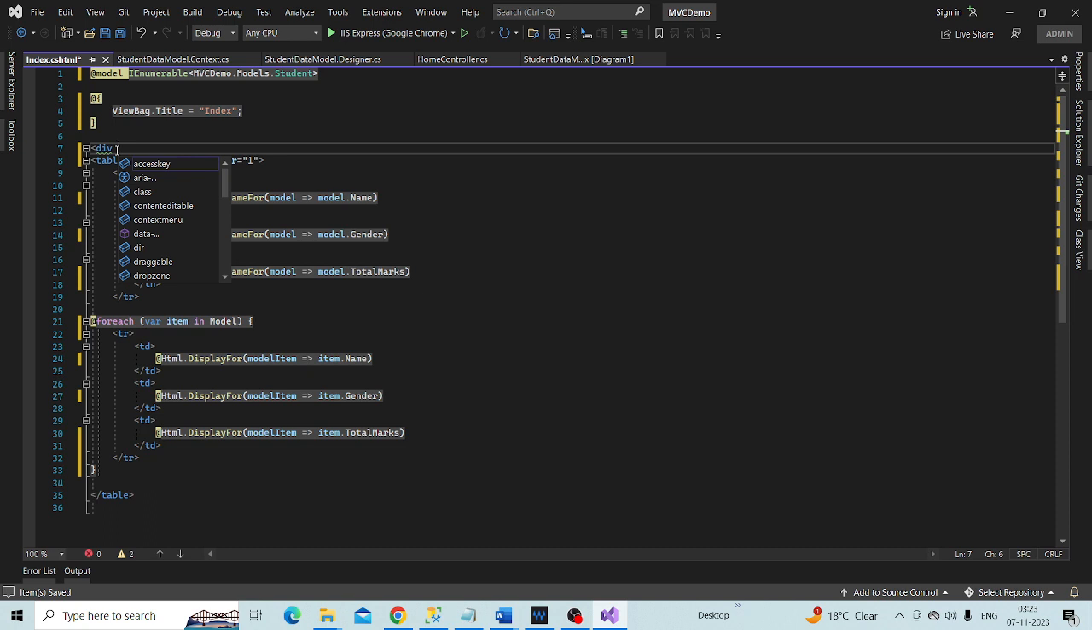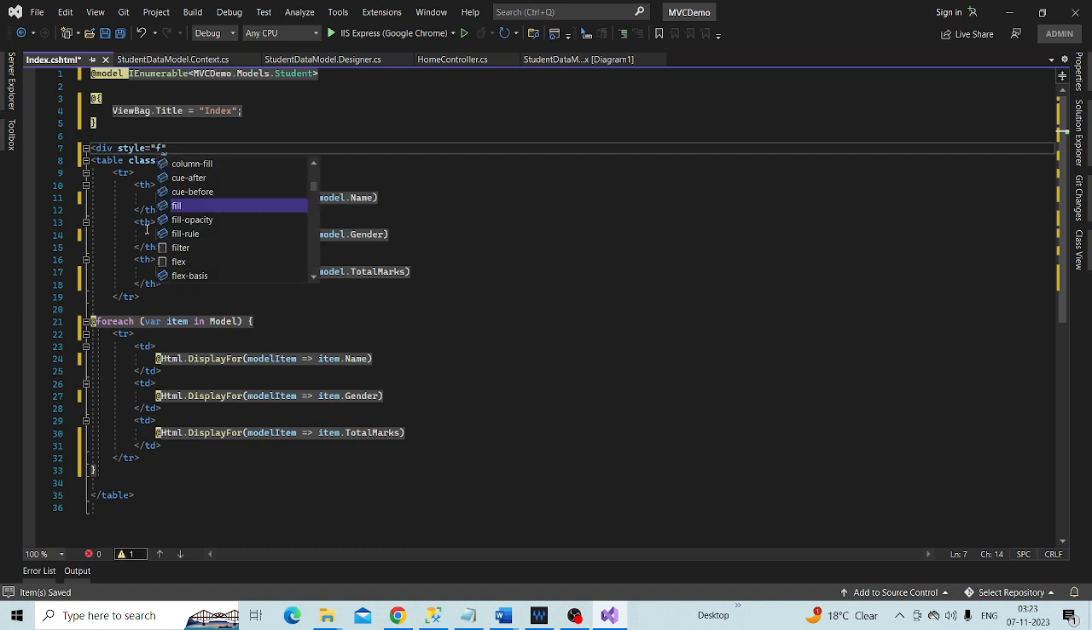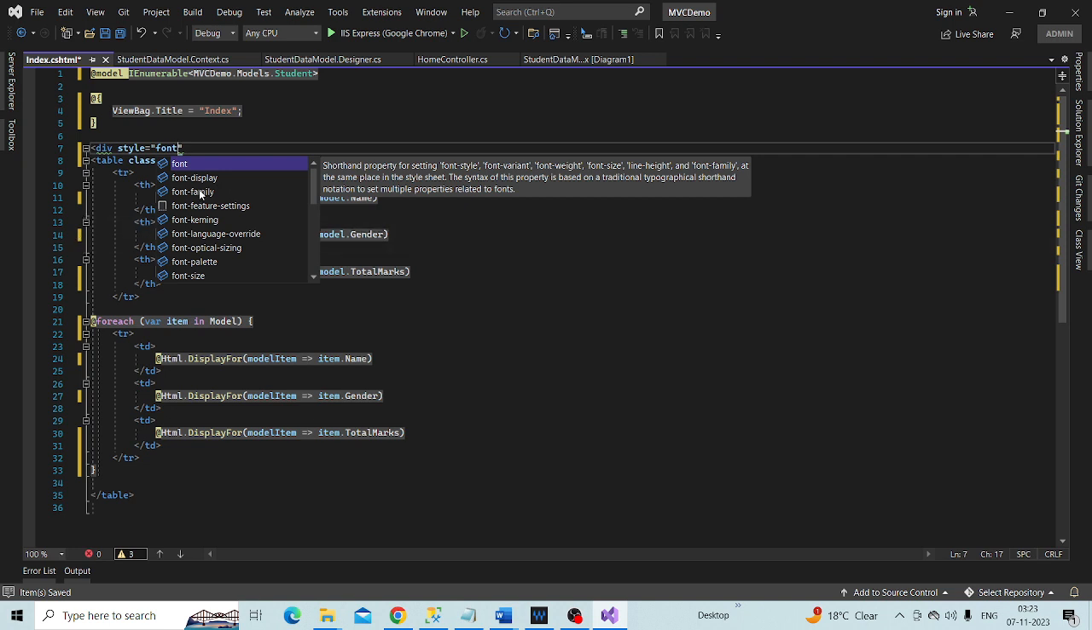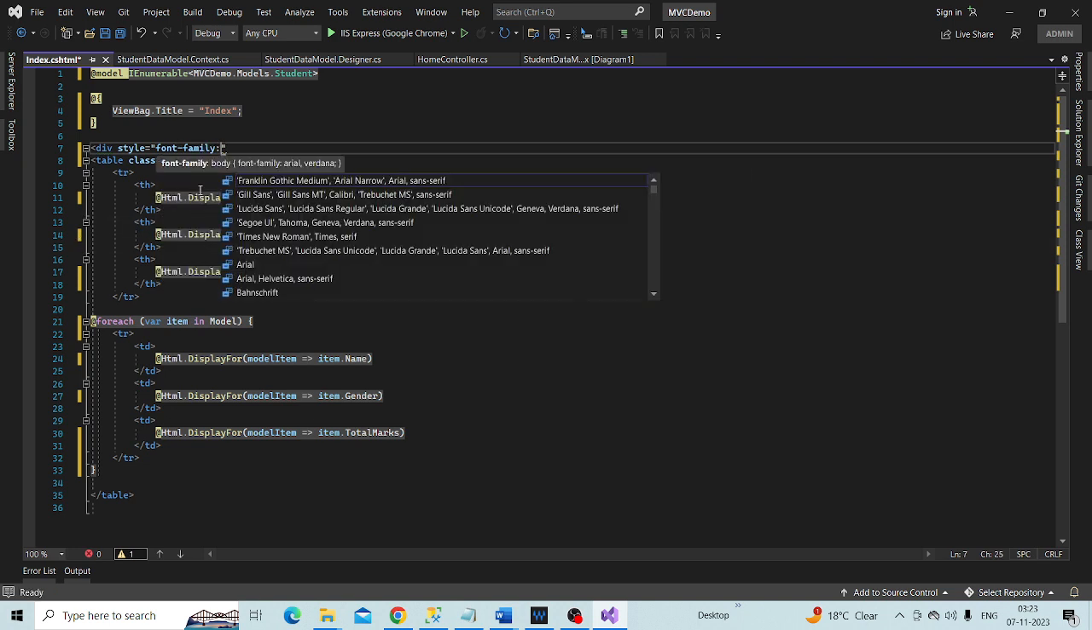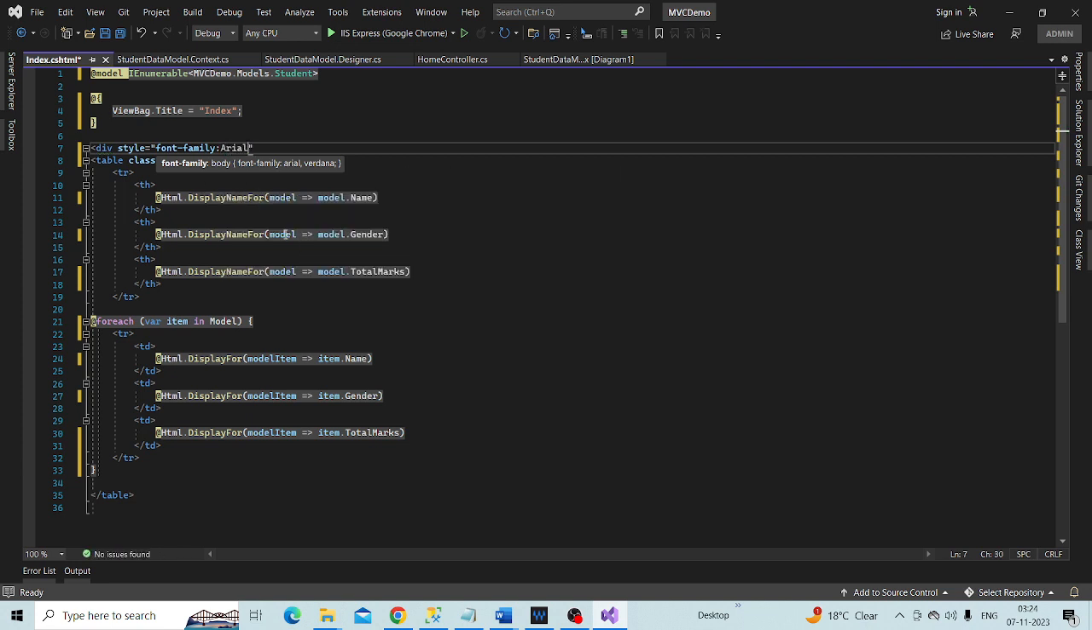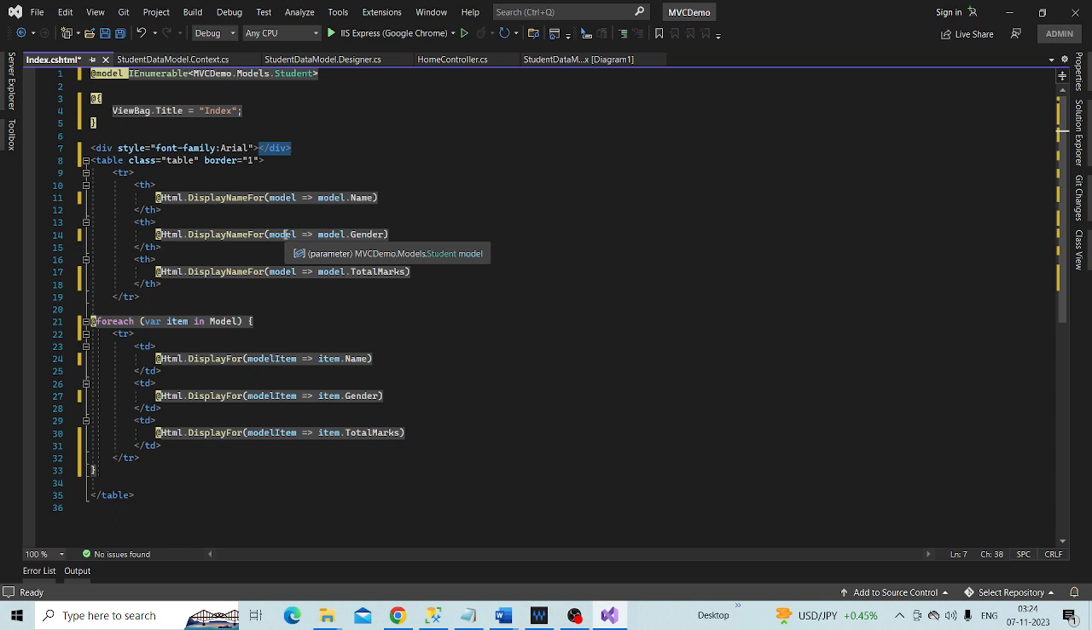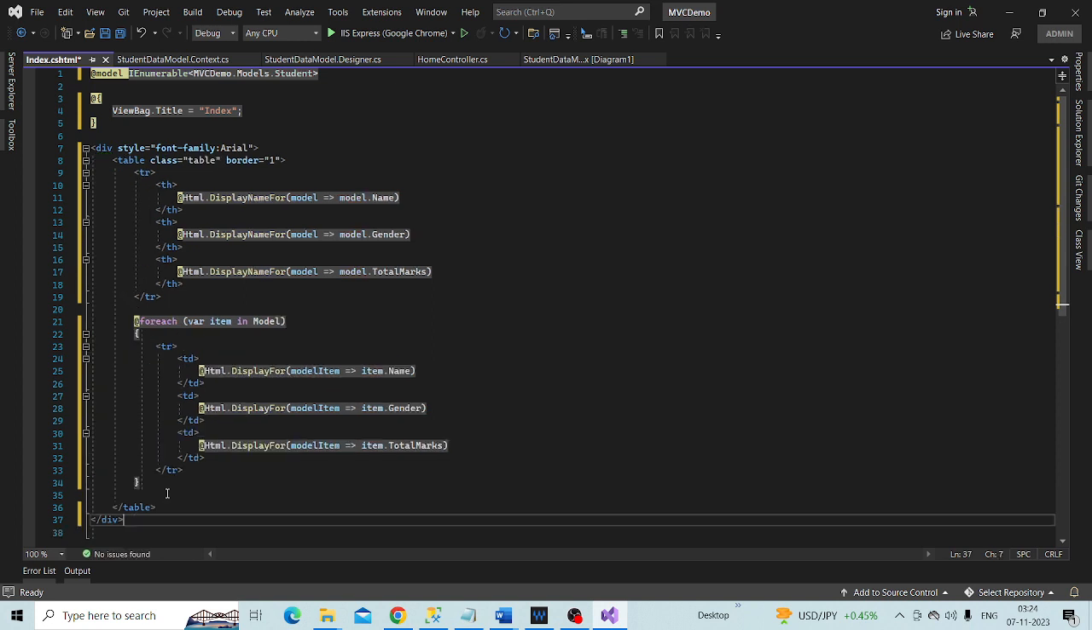So how to add style, font family, set to Arial. Close it, and take this closing div at the below of this table. Okay,